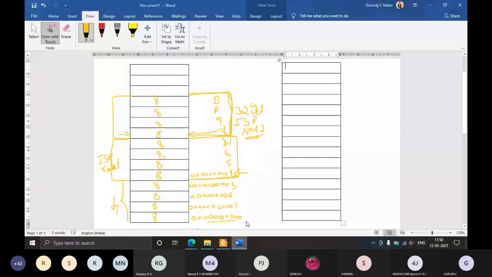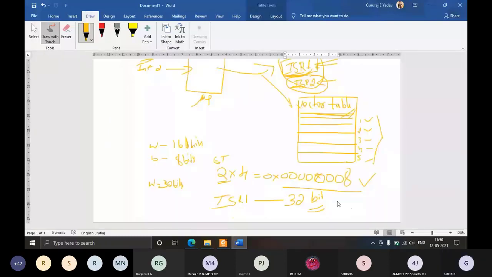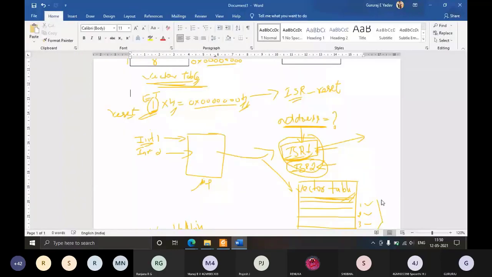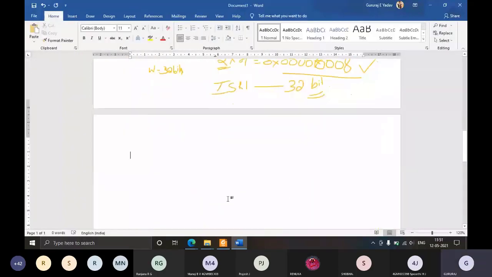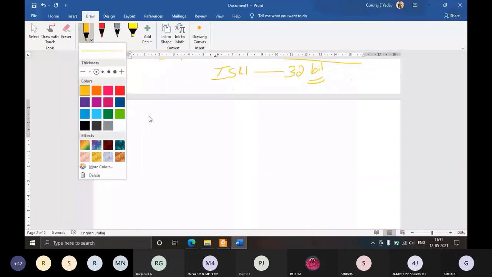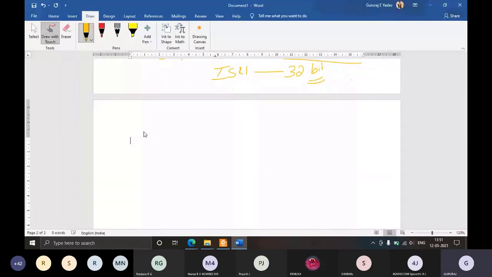Since the processor has 32-bit address lines, the addressing capacity for ARM Cortex M3 is 2 power 32.